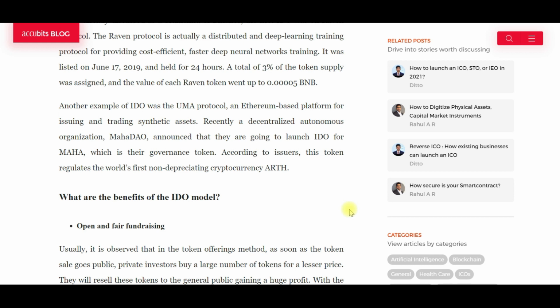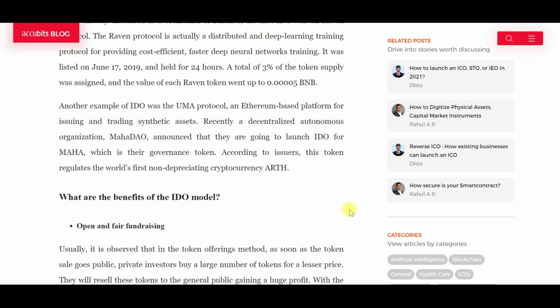Now, one of the major differences between an IEO and an IDO is that you don't need to pay huge amounts of money to an exchange for them to list your tokens. You don't have restrictions, right? For example, during the days of IEOs, for Binance to do an IEO for you, you would have to pay Binance a huge amount of money, because they are also going to list your tokens. And they might come with some restrictions, that if Binance is doing your IEO for you, you would not list your token on other exchanges. So there are restrictions too.